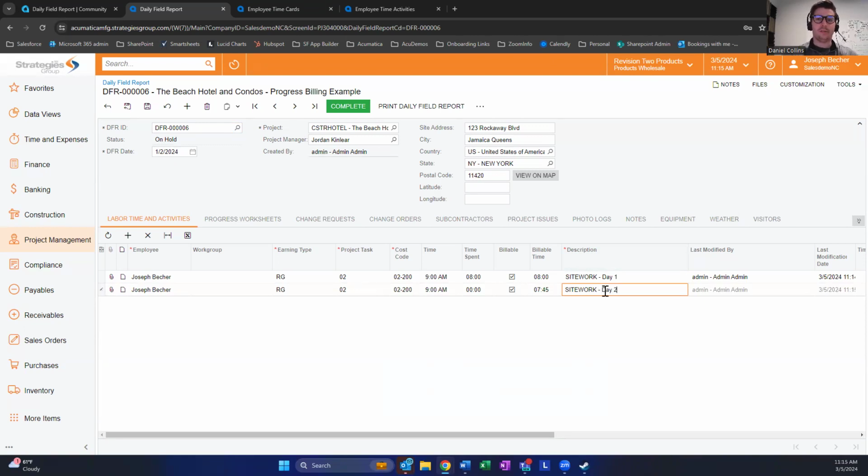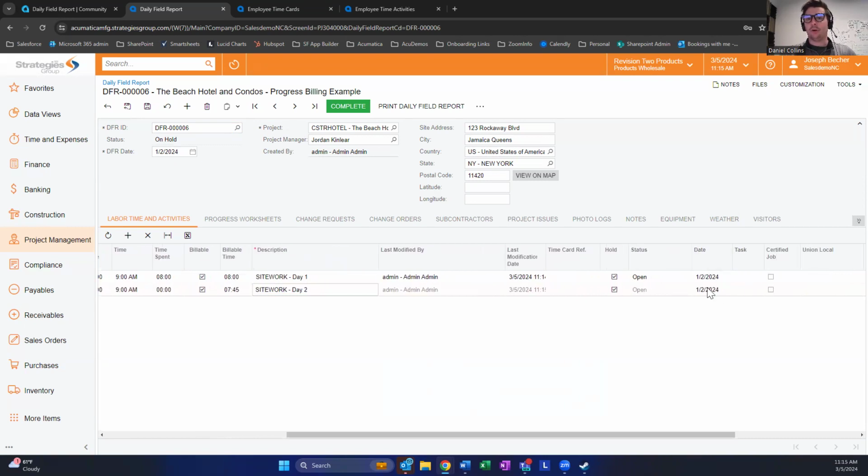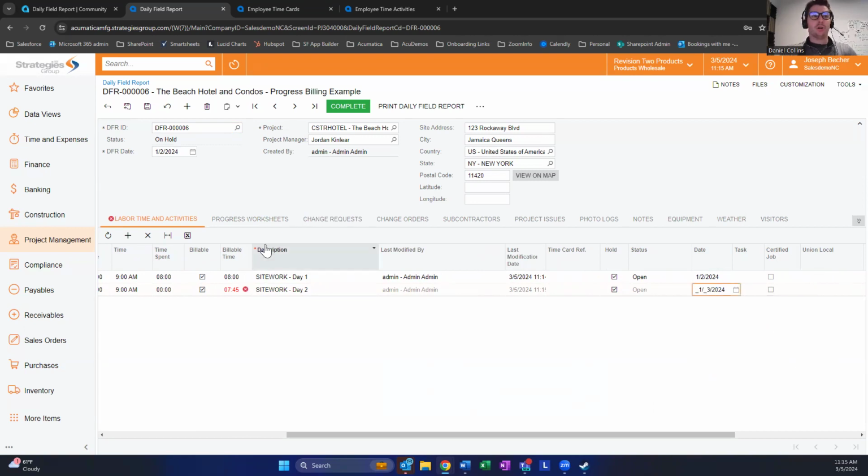All right, day 2. And the other thing I want to make sure of here is our dates are different. So it's going to default to the date of the DFR, but if you want to put in more time, you could. So I'll go ahead and do this. I put it in on the wrong spot. There we go. Can't bill more time than you spend. Okay. So once I save, I've got 2 time activities in here,